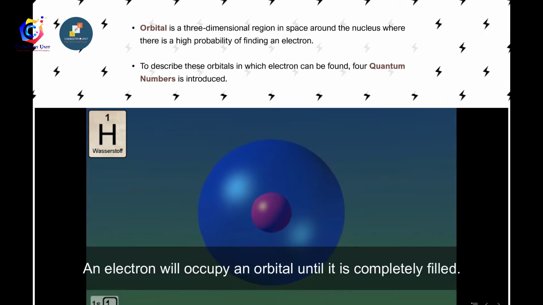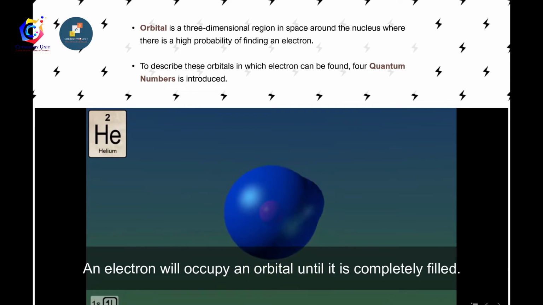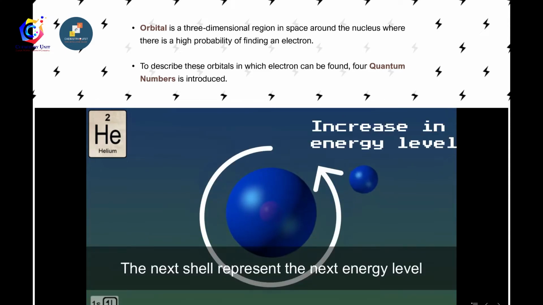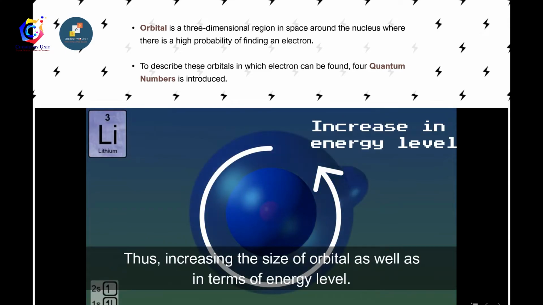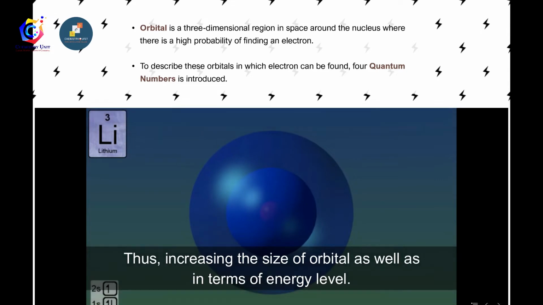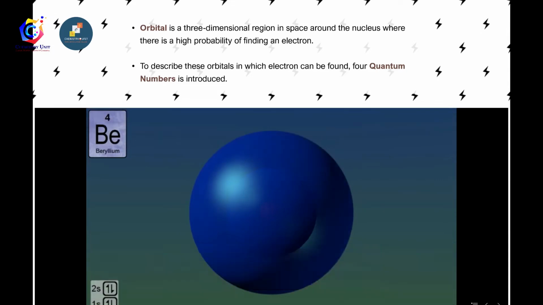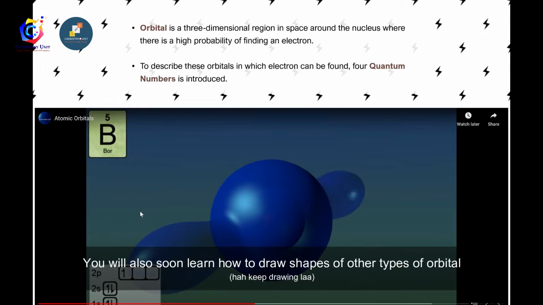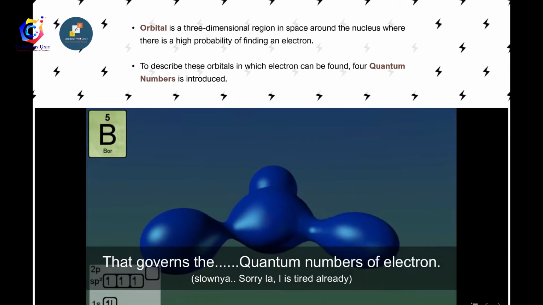An electron will occupy an orbital until it is completely filled. Once it is completely filled, the next electron will occupy the next shell. The next shell represents the next energy level, thus increasing the size of the orbital as well as the energy level. You will also soon learn how to draw shapes of other types of orbital that govern the quantum